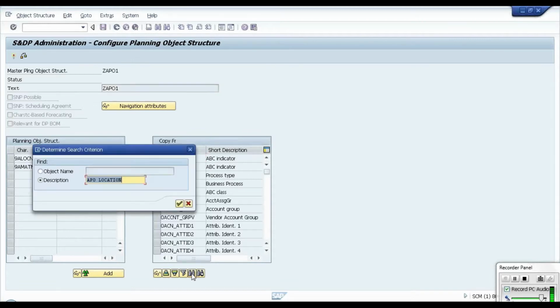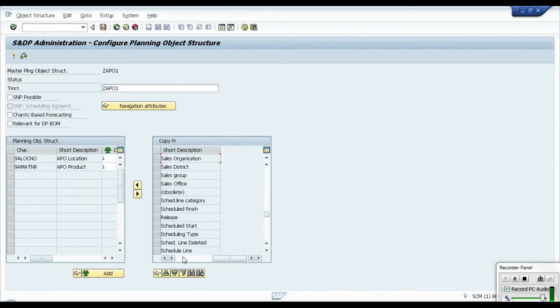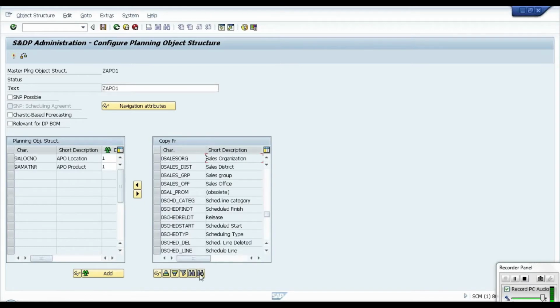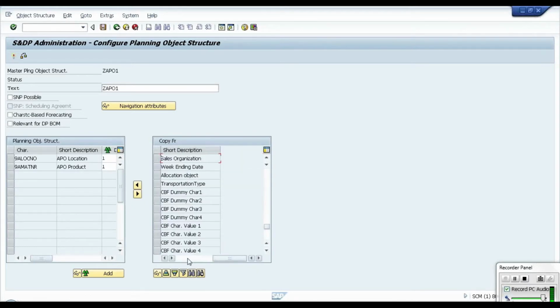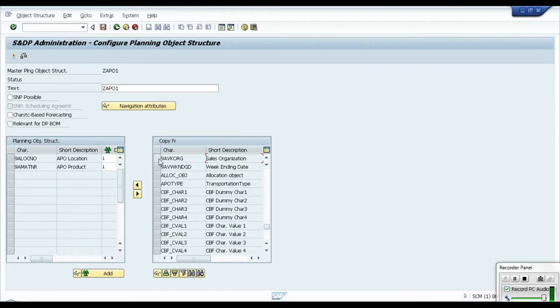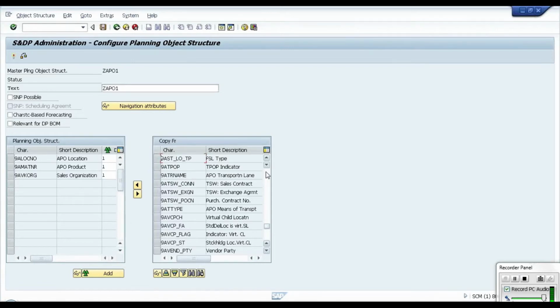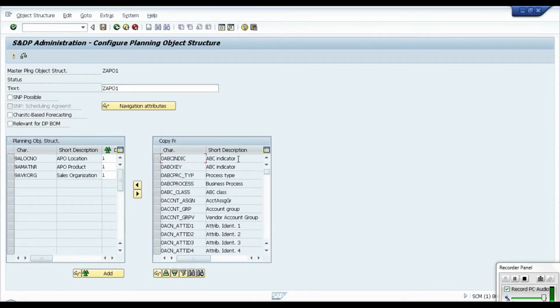Say for example, I want to select the sales organization. So give the sales organization. This is the BW and 9A VKORG. This is the sales organization. And I want to select the customer.